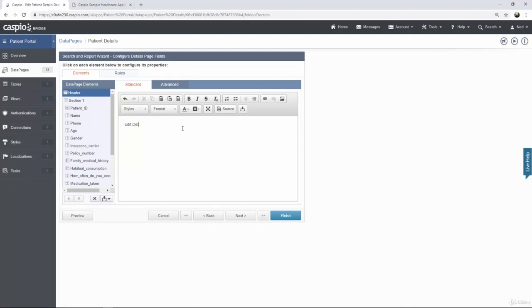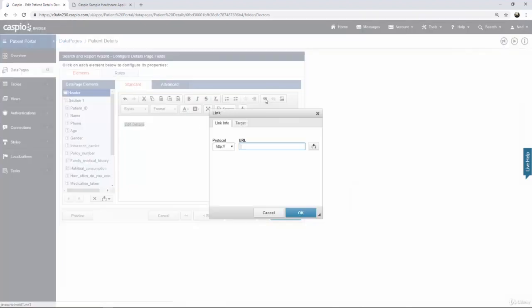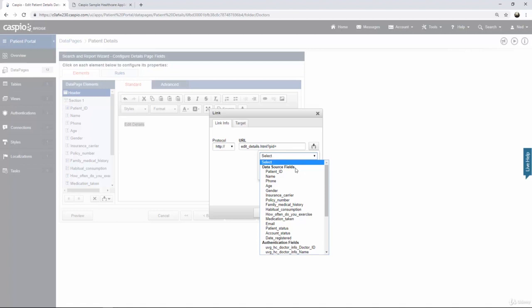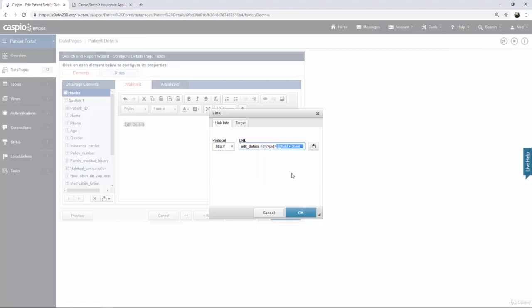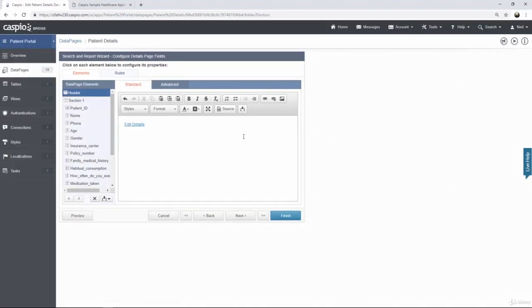Let's just call it Edit Details. I'm going to highlight this text. I'm going to click on this link button. And then once again, you have another web page in your directory where you're going to be deploying that update form. So you're able to update the details of that patient. In my directory, I call this EditDetails.html. And once again, you have to add a question mark to initiate the string. You're going to pass the patient ID once again, so we add PID =, and once again you insert the patient ID field from your table as a string, and then when you're done, click OK,